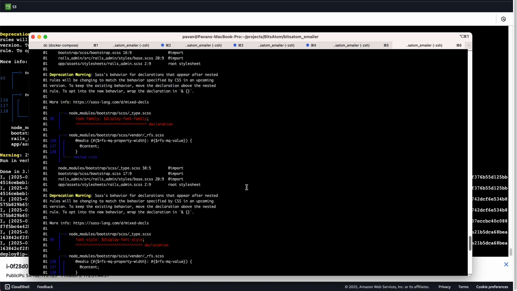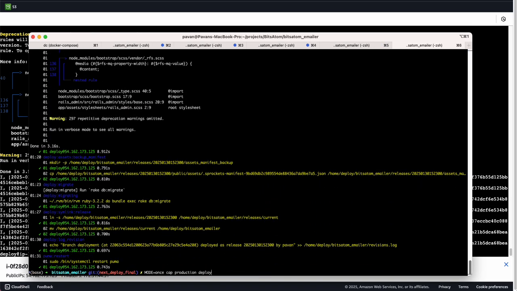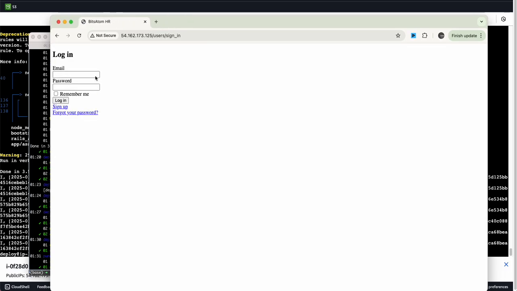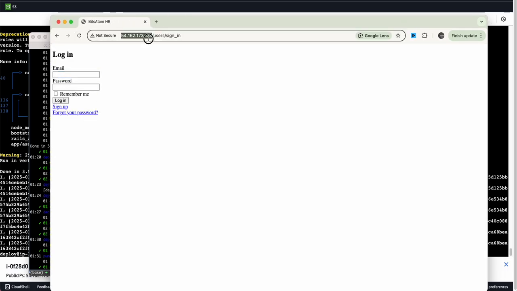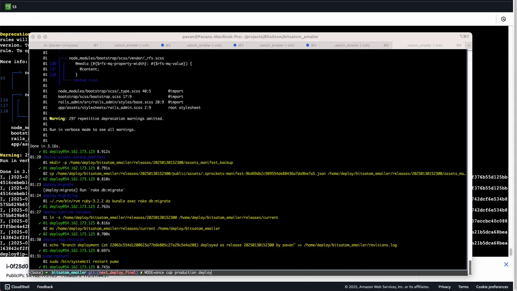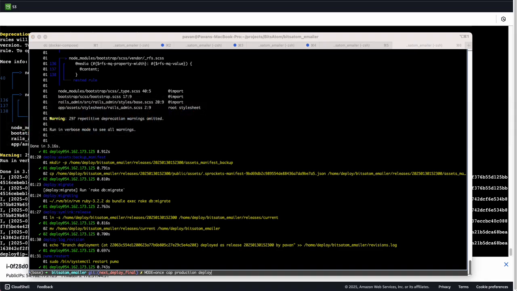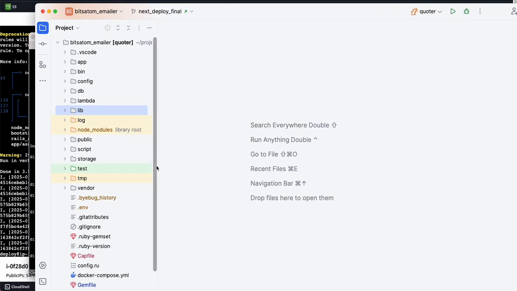With two consecutive runs, we ran once, cap production deploy, and it ran the server. It did everything it needed to do, and then the interesting part is if you see the same IP that I showed you, the application is up and live. So this is what we wanted to achieve with the gem that we have created, and let me explain how this is working so that you're clear what we are trying to achieve and what magic is going